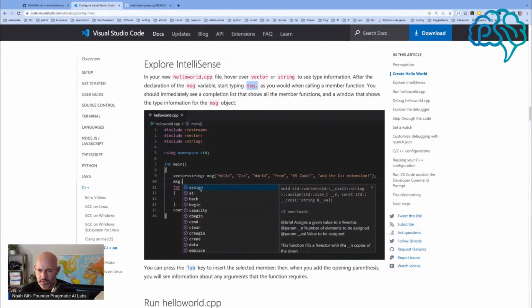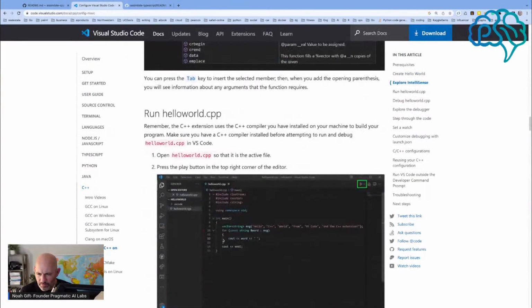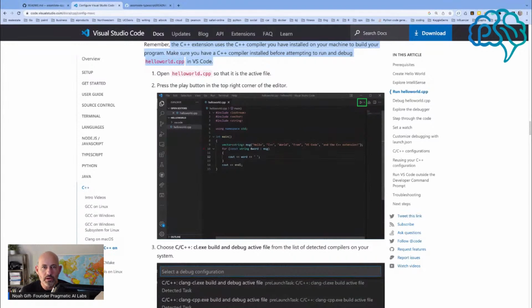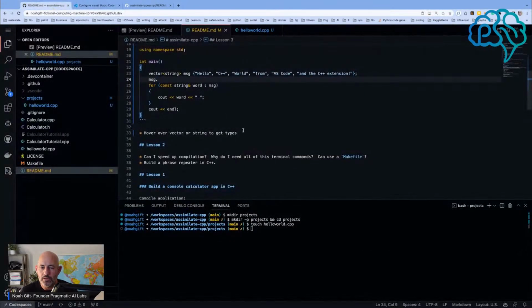But what is this saying? What did they put here? They said, remember that C++ uses the C++ compiler you have installed. Push the play button in the right corner. Okay, so we can do message. Sure, we'll put that in there. Now, the play button is here, so it's a little bit different. If I click play,